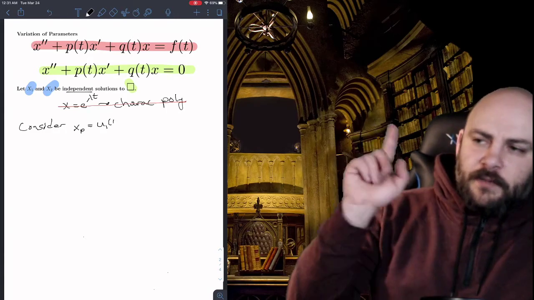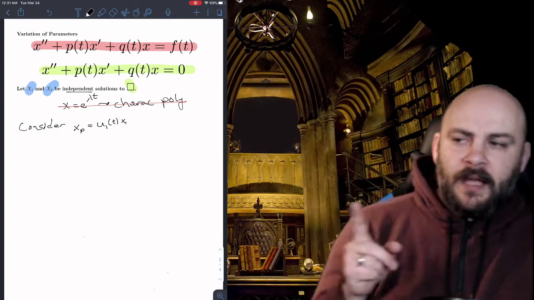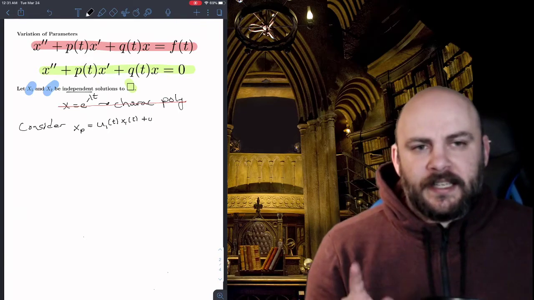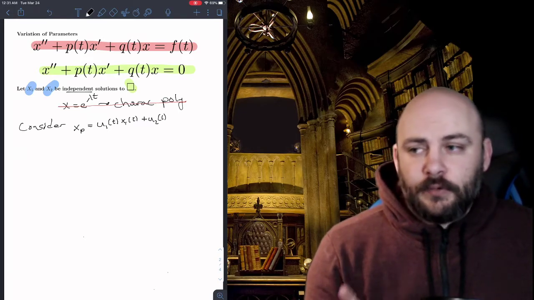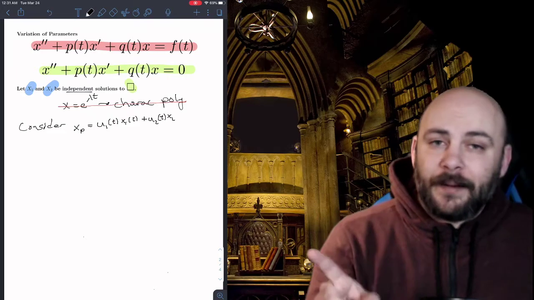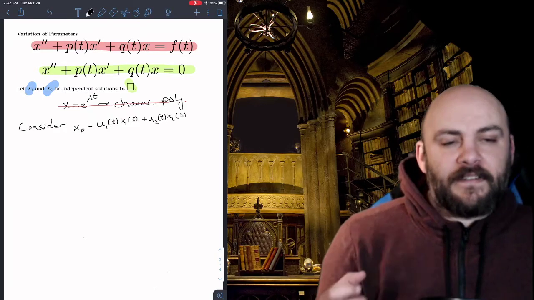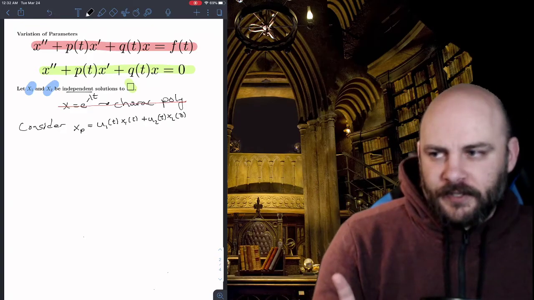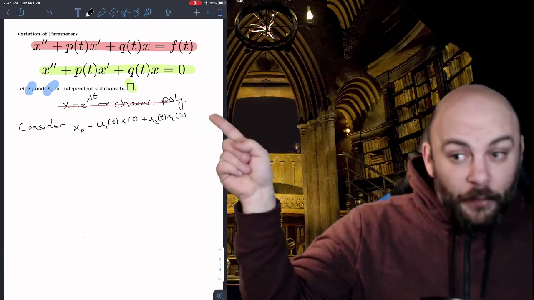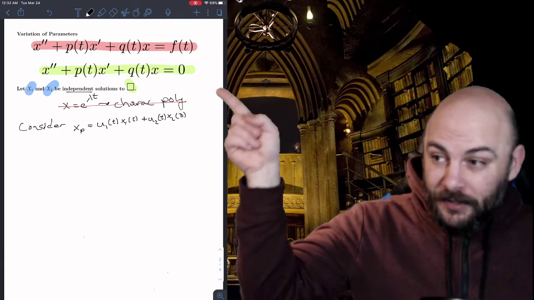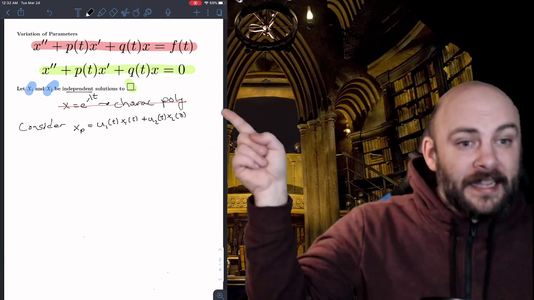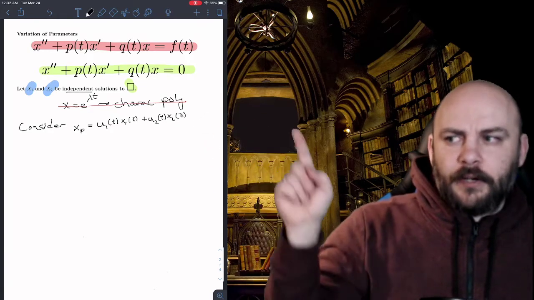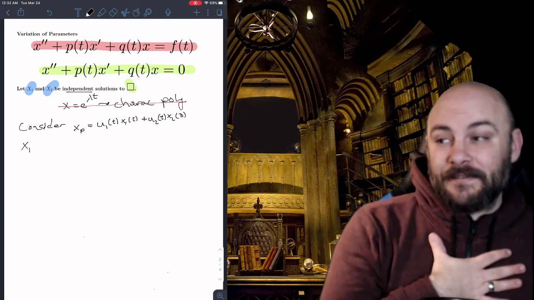But now if x1 and x2 are solutions to the homogeneous problem, I want us to consider x sub p to be u1 of t x1 of t plus u2 of t x2 of t. In a lot of books, those u's are c's. I find it gets confusing, but what's important is there are two unknown functions, u1 and u2. We're going to propose that with the solutions to the homogeneous problem, I can now make a combination of those